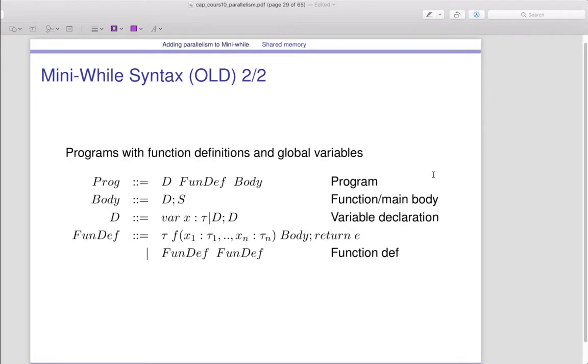Again, when you have function calls, your programs look like that. If you don't have function calls, then you just have a set of statements as a program, or just a body if you prefer. So the program has a set of variable declarations, a set of function definitions, and the body of any function or the main body is a set of variable declarations and a statement. The variable declarations look like this, and the function definition is just a set of function definitions of this shape,